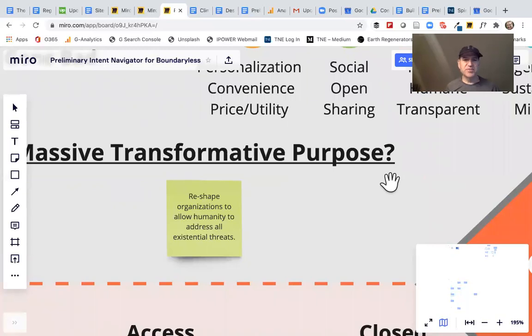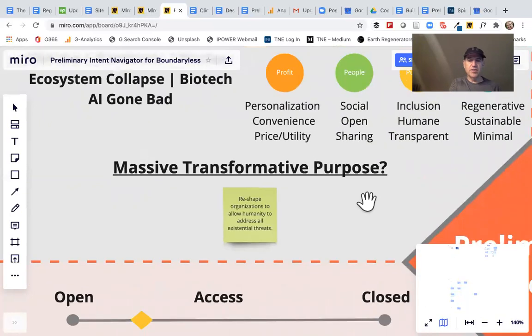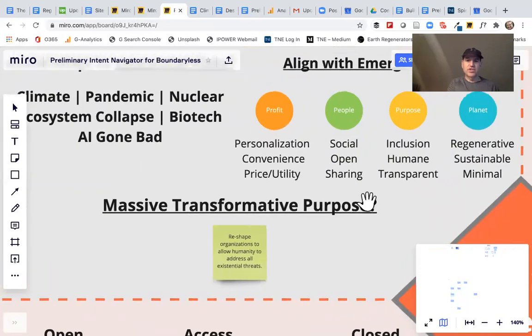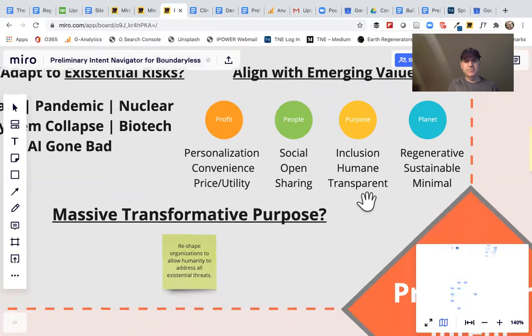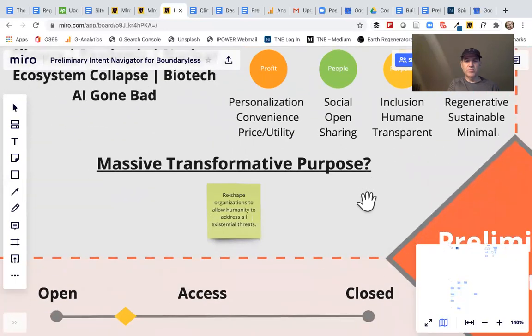Not a real polished transformative purpose statement there, but you can get a sense for, after going through this exercise, how you might be able to shape and polish and iterate on what that purpose would be.